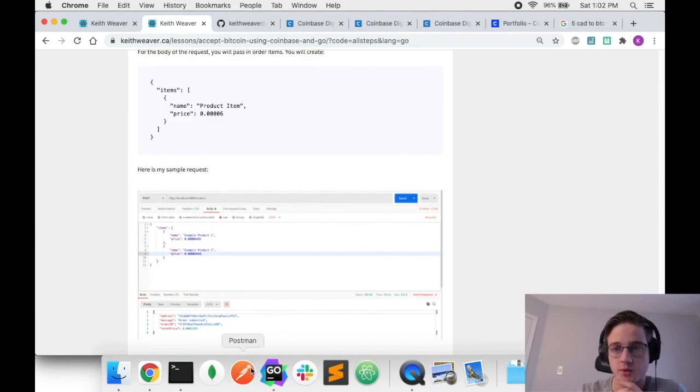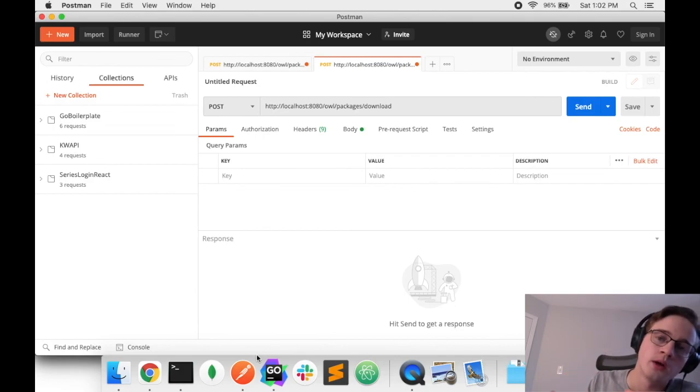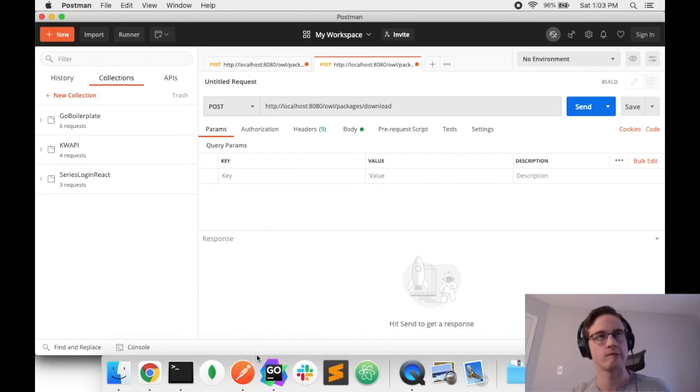So I'm going to open up Postman. I am going to start my API. Fortunately, I have to have two accounts. You have to test it out with two accounts. So what I'm going to do is on my phone, I'm going to send through from my secondary account to that address. It's going to be kind of painful because of